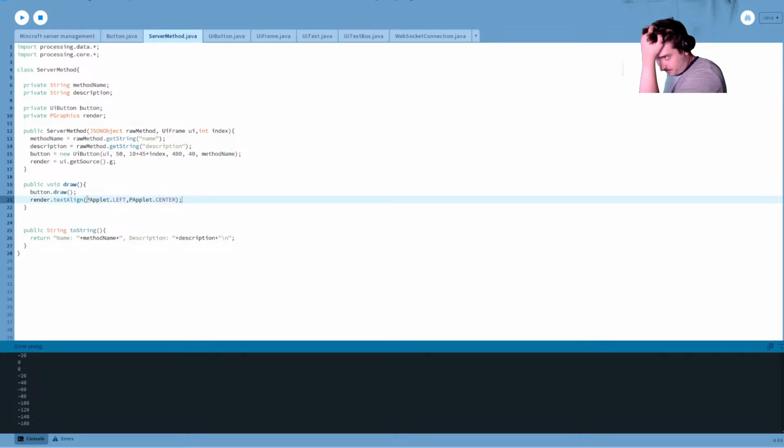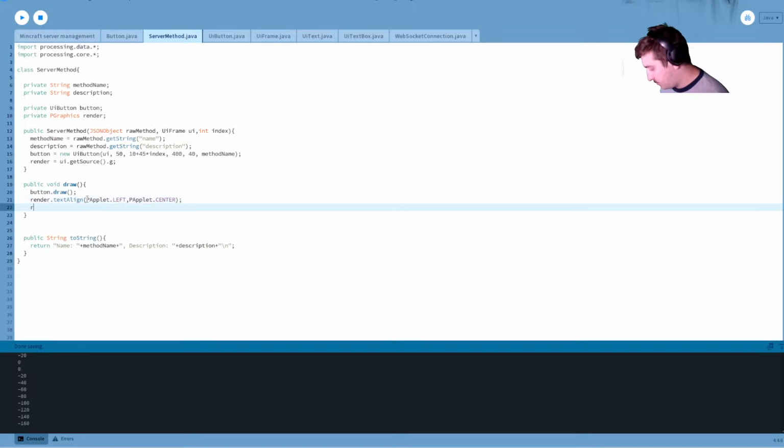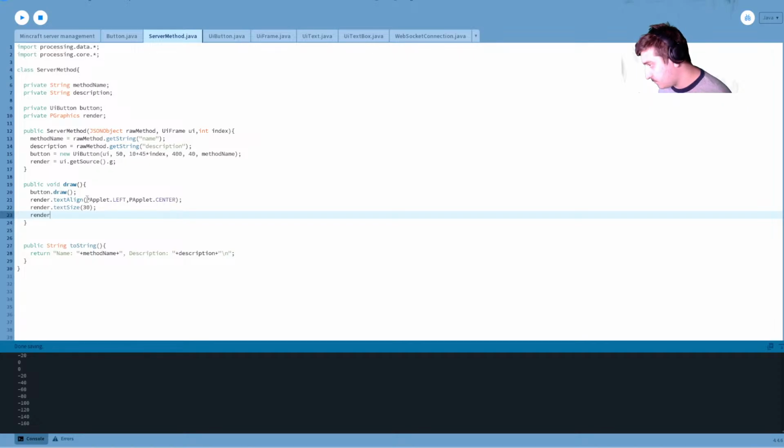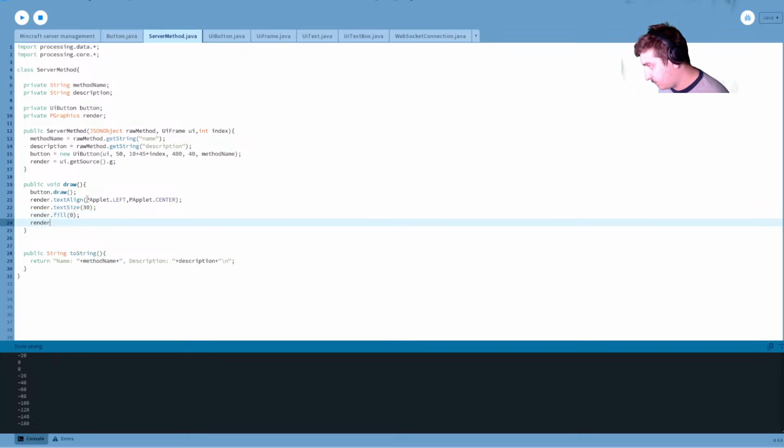That's right. That's what we have to do for that. So render text size. We're gonna size this to like 30. Render fill 0, and then render text the description at 470 and